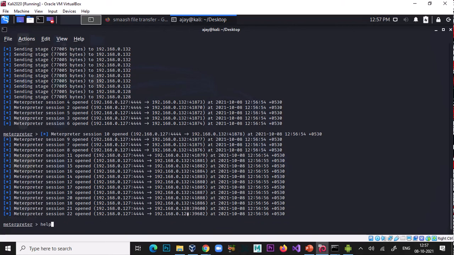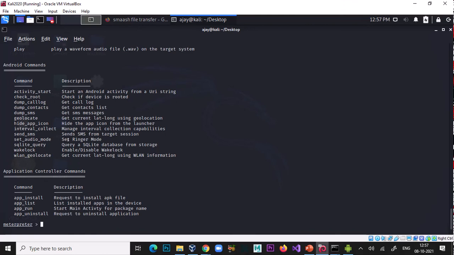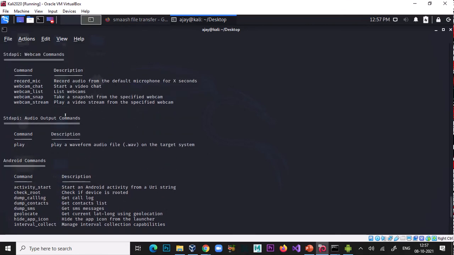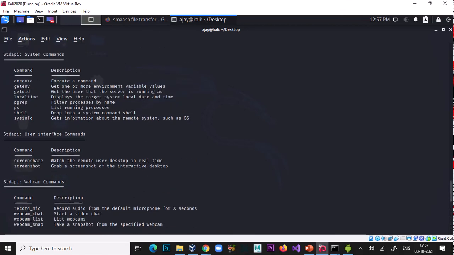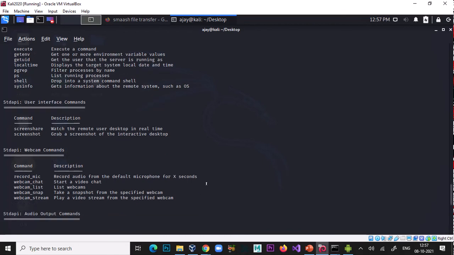Just type help. So you can do these kinds of things on that phone.